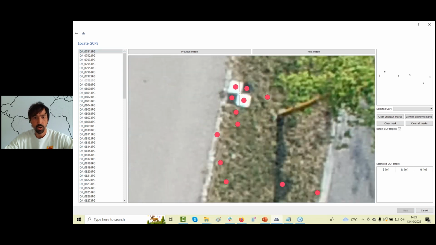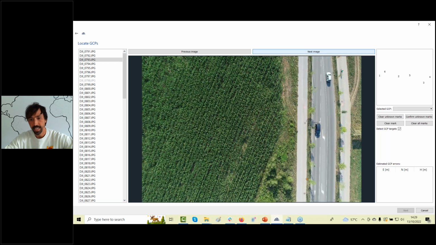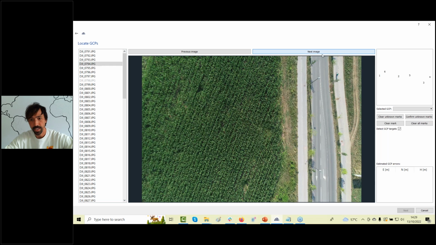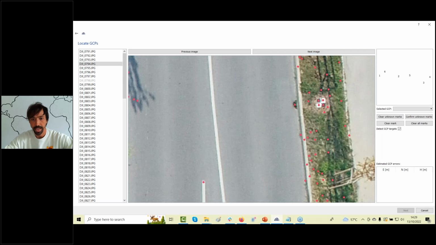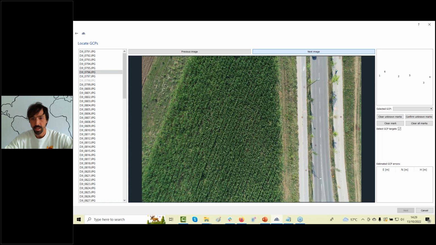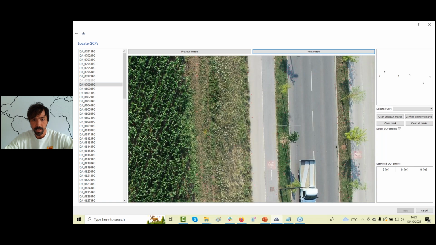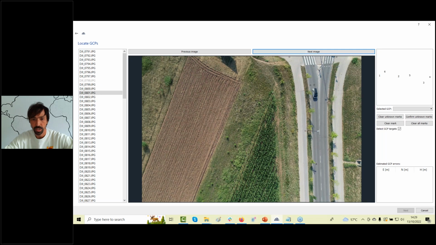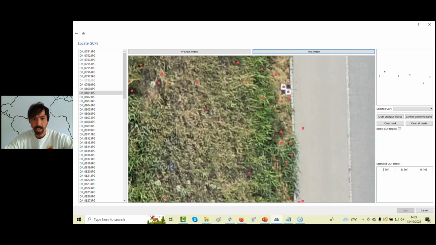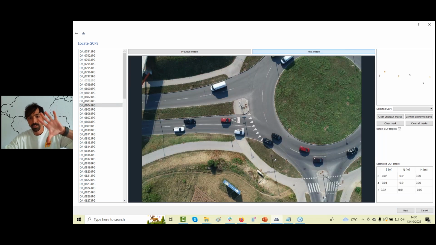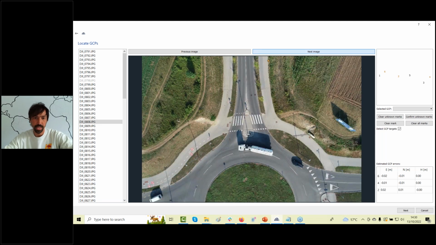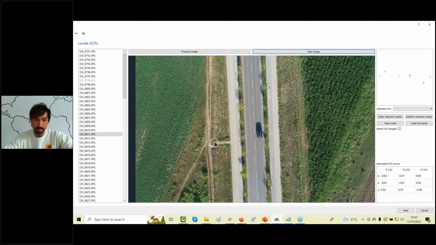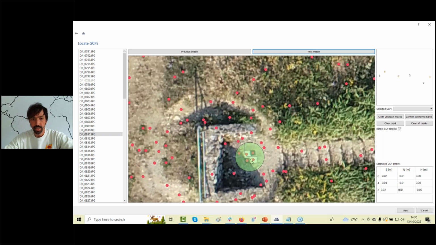Here, I just need to show 3 targets, the same as with the 3D survey target design. So I help the software and try to find 3 of them. Okay, next image. Here is another one. And after I select the third one, all others are automatically detected based on the geometry search. We will see them colored with a green circle. And because we have the detect GCP targets option on,